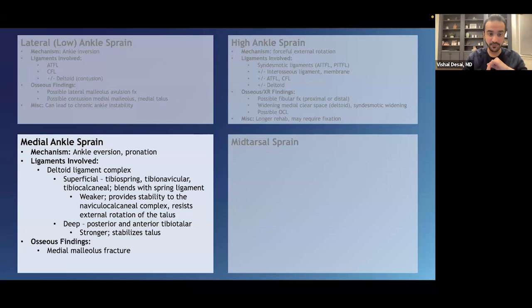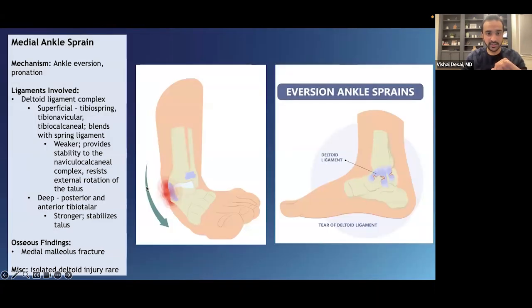On X-ray, because the deltoid ligament is quite strong, this may lead to a medial malleolar avulsion fracture. The main takeaway from this section should be that a deltoid ligament sprain in isolation is very rare. More commonly, deltoid injuries are going to happen with high ankle sprain or your inversion injuries, and less likely from an eversion injury. So here's that same thing in diagram format, your foot turning outwards, causing that tear of your